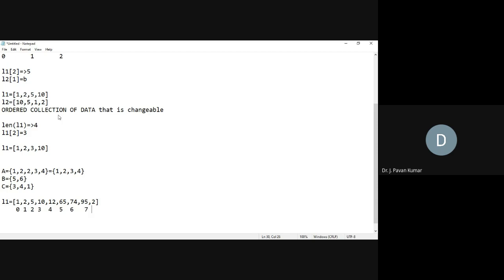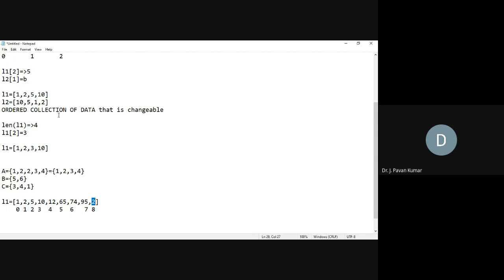What is the element at the 8th index? 2. What is the index of 10? 3. So now, this 2 is different from this 2. Why? Because we are able to give some justification that this element is different from the other element.